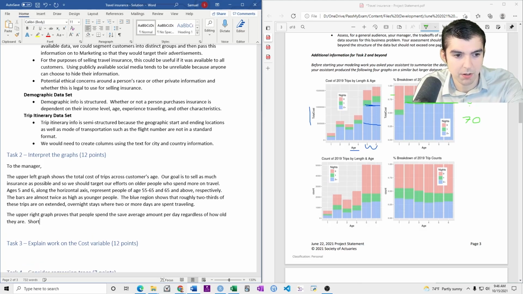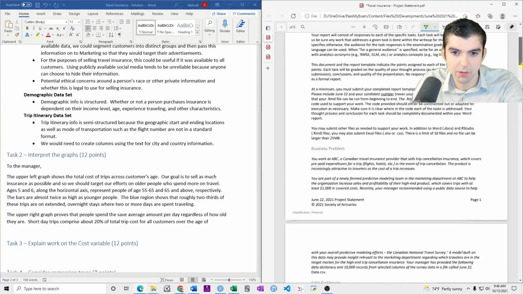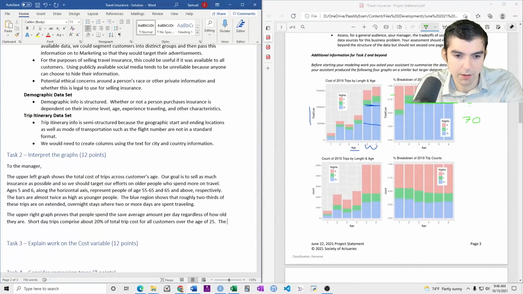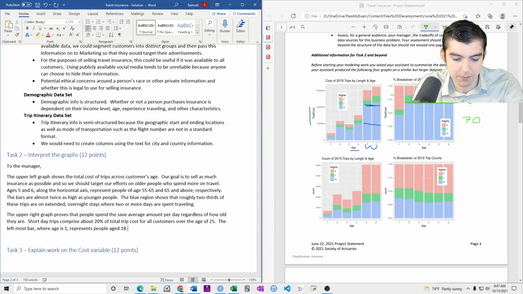Short day trips comprise about 20% of total trip costs for all customers over the age of 2. What is 2? 2 is 25. The leftmost bar, where age is 1, represents people aged 18 to 25.